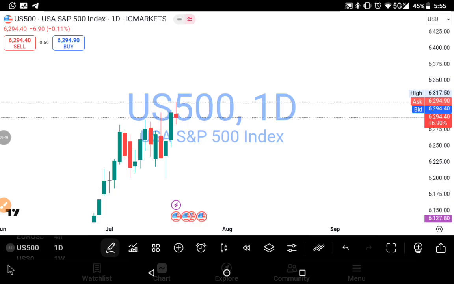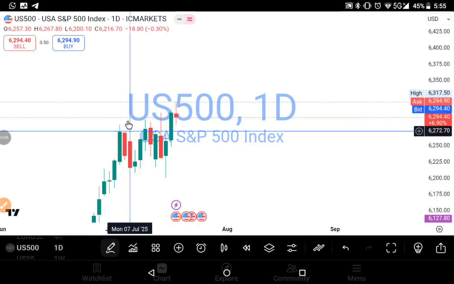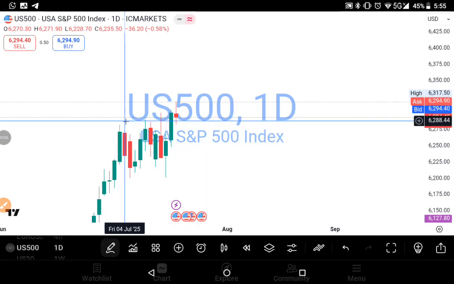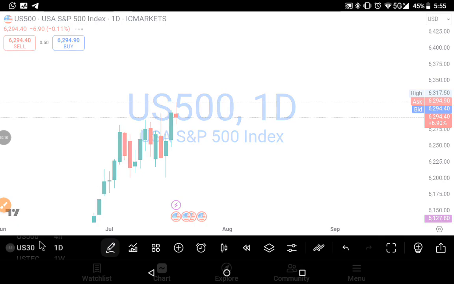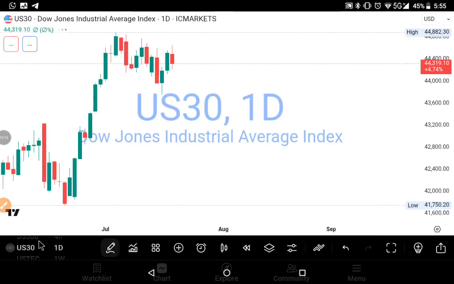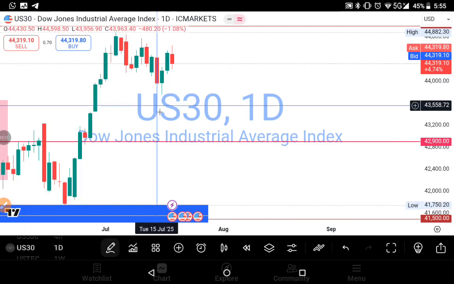6,300 and above. So as long as the market price stays above 62.50, 62.50 might be my support level. So let's go to Dow futures. On Dow futures last week,